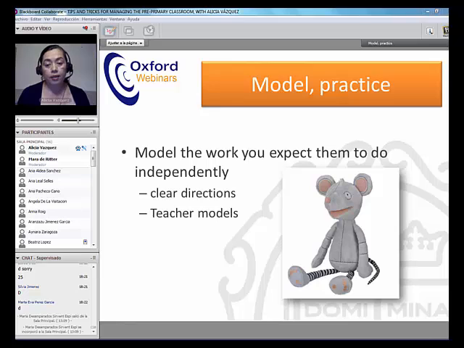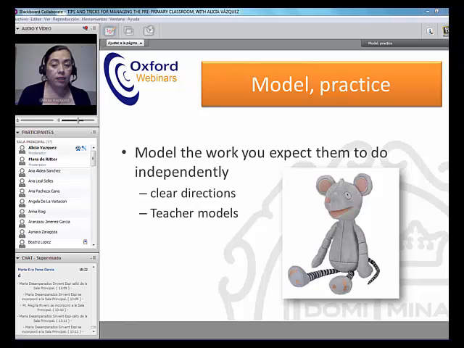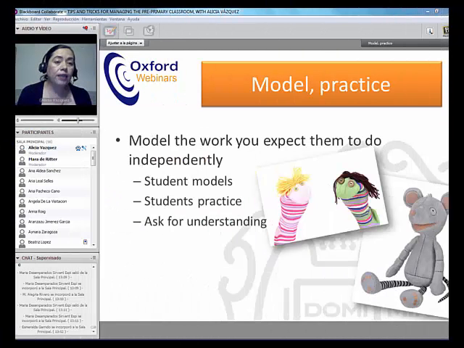And one of the most important things is clear directions. We need to make sure that students understand the directions of what they are expected to do. So I'll give you an example. You can use the puppet, like the mouse puppet that's going to be included in the new pre-primary program, or any puppet, because kids are very engaged with puppets, and they tend to listen to the puppets more than they do to the teacher sometimes. And so if you're answering their questions and asking for understanding, then you are going to have a more successful